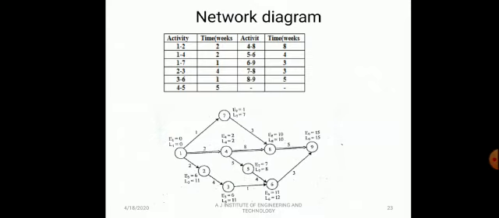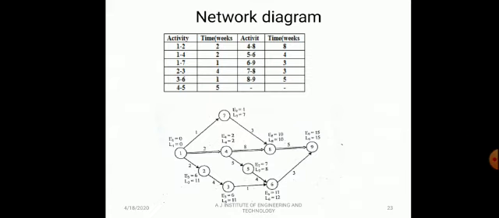From 2, activity 3 is there. Successor to 2, 3 is there. Successor to 3, 6 will come. Successor to 4, 5 will come. Successor to 5, 6 will come. Therefore, 3 to 6 will come, 5 to 6 will come, and 3 and 5 will be joined or merged at the 6th element. Then 4 to 8 will come.